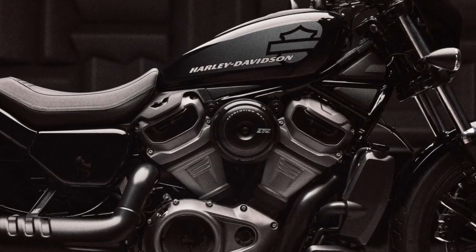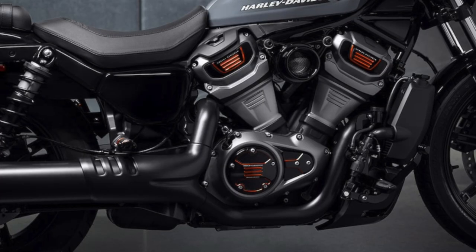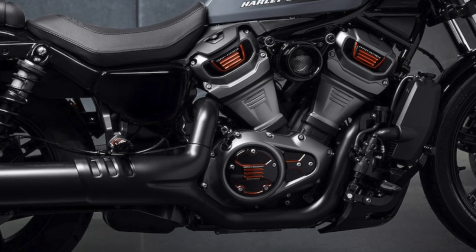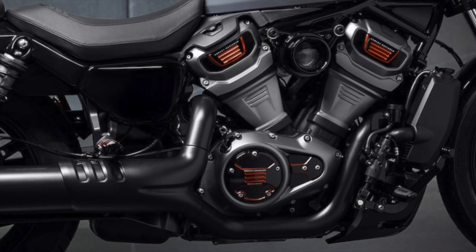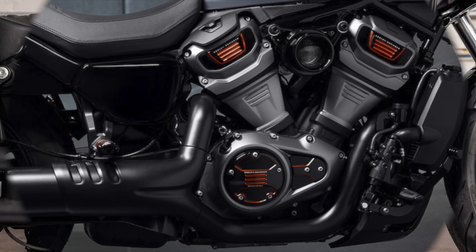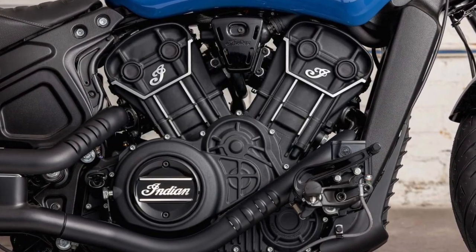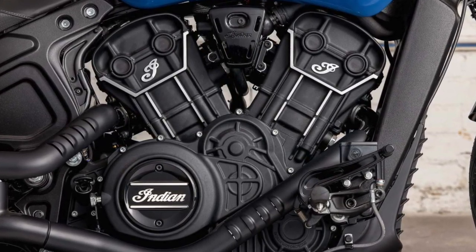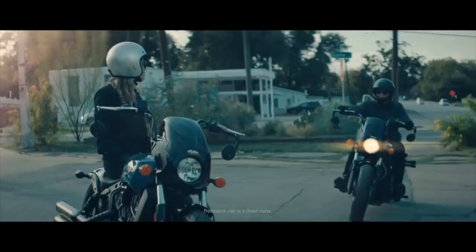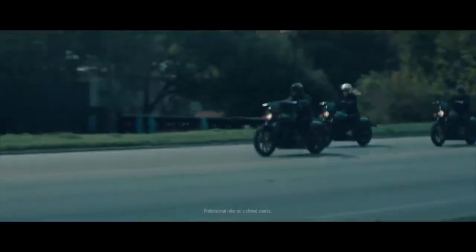Both the Nightster and the Rogue are powered by modern liquid-cooled V-twin engines. The Nightster has a 975cc Revolution Max engine that produces 89 brake horsepower and 95 Newton-meters of peak torque. The Rogue has a 60-degree V-twin that produces 100 brake horsepower and 97 Newton-meters of peak torque. Now, these engine figures may indicate that the Indian has the power race well and truly won, but that's definitely